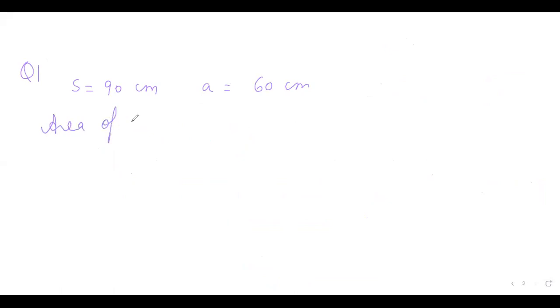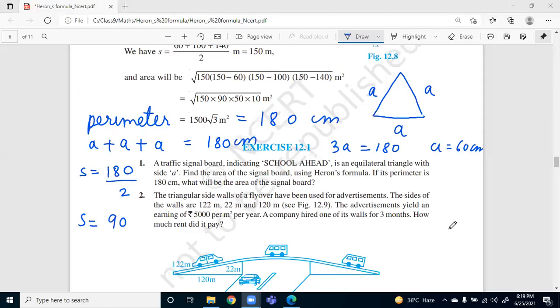Area of triangle, or you can say equilateral triangle, is given by, like here also we can apply Heron's formula. In the question, let me check, is Heron's formula written? Else we can take another method also. It is written explicitly that you have to use Heron's formula. Otherwise, we can use root 3 by 4 a square. But it is written here that you have to use Heron's formula, so we are using Heron's formula only.